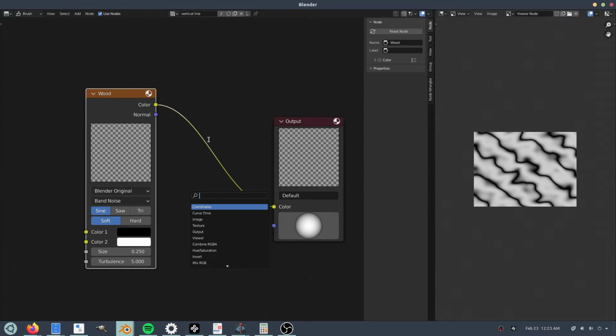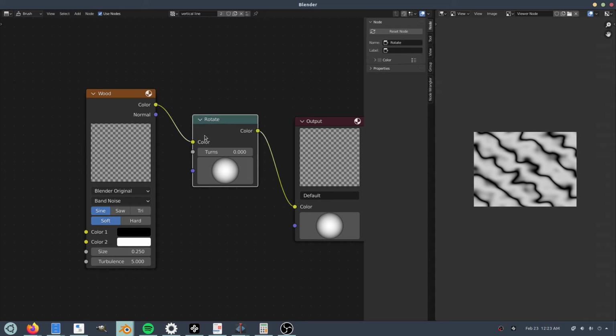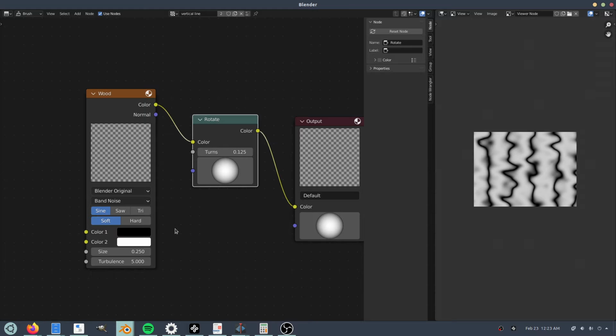We are going to, I forget what that node is called, it's called rotate. For some reason there are different nodes in the texture node editor, the compositor, and the shader node editor, which is annoying. And also this rotate node makes no sense to me. How do these turns work? What is a turn? But anyway, we want to give it 1.25 turns. Those are nice and